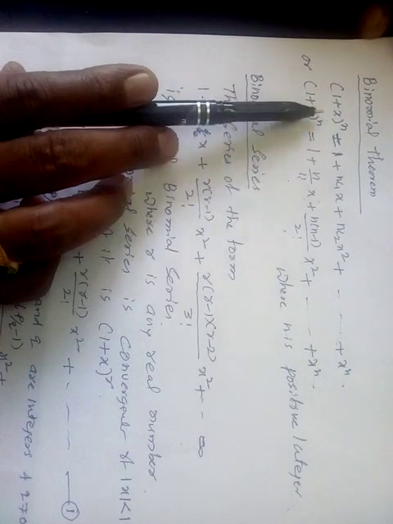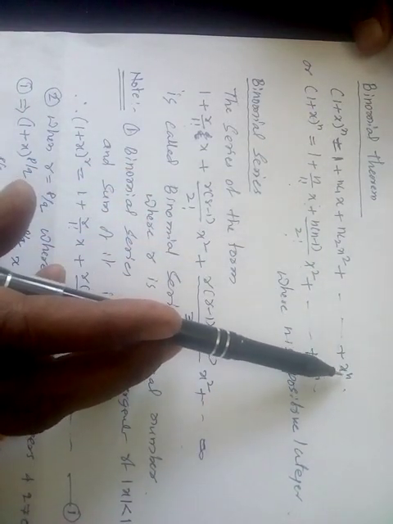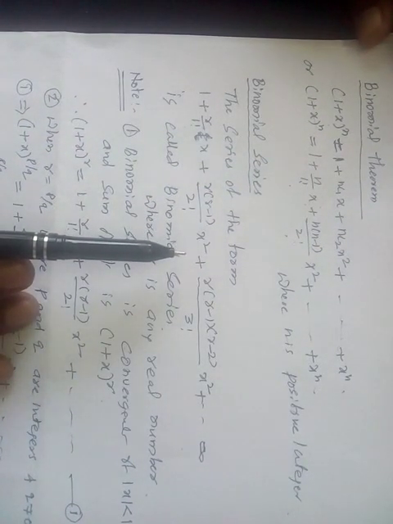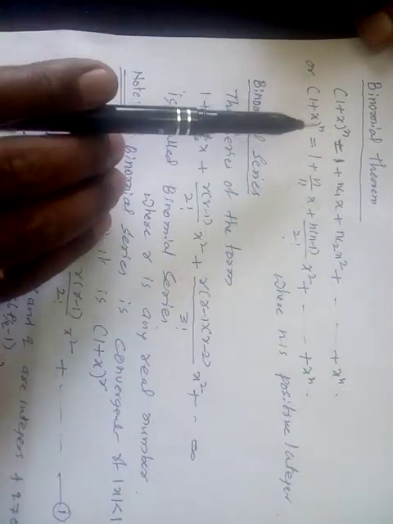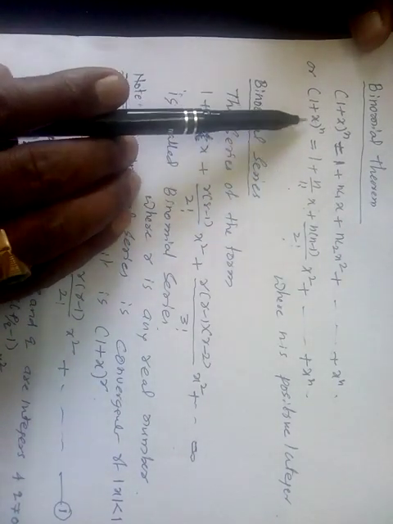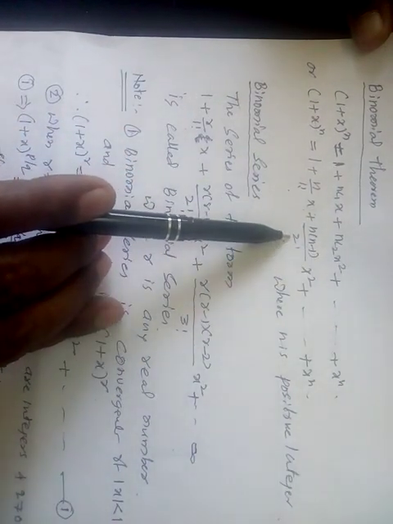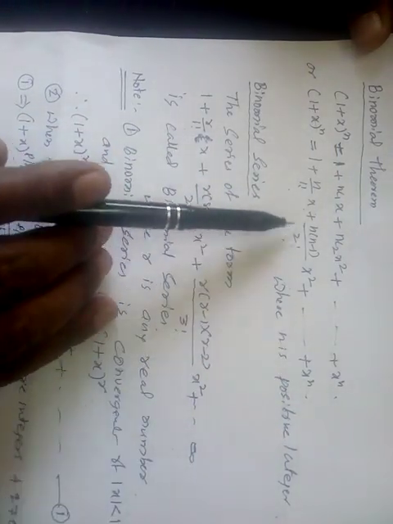Binomial expansion of (1 plus x) power n is 1 plus nC1 x plus nC2 x square plus ... plus x power n. Here nC1, nC2, ... are called binomial coefficients. If n is not an integer, nCr is meaningless. That's why we take the expansion in factorized form: (1 plus x) power n can be written as 1 plus n by 1 factorial into x plus n(n minus 1) divided by 2 factorial x square and so on. This is also the binomial expansion in factorized form.